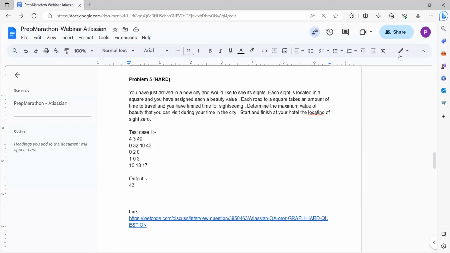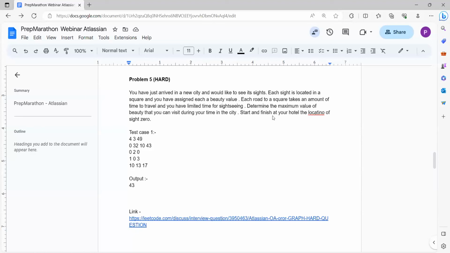Now you have limited time. Suppose you are on a 2 day vacation only, so your time is limited. Now what you want is to visit as many places as you can. No, this is not right. So you want to visit the maximum value of beauty places. What does that mean? You want to visit places whose combined beauty, or in this case rating, is going to be maximum. So you need to visit those places within that time which give you maximum beauty,